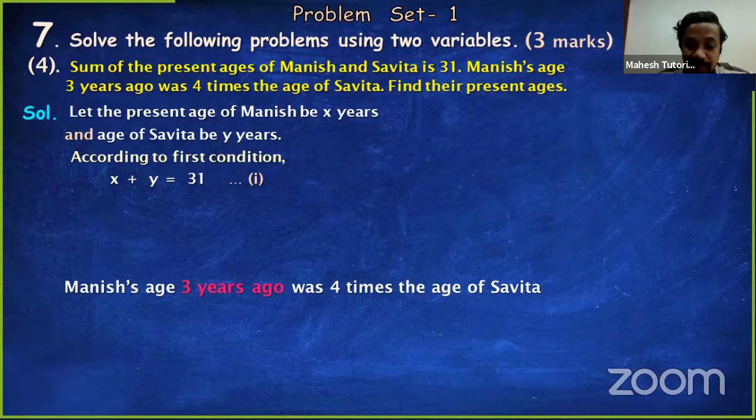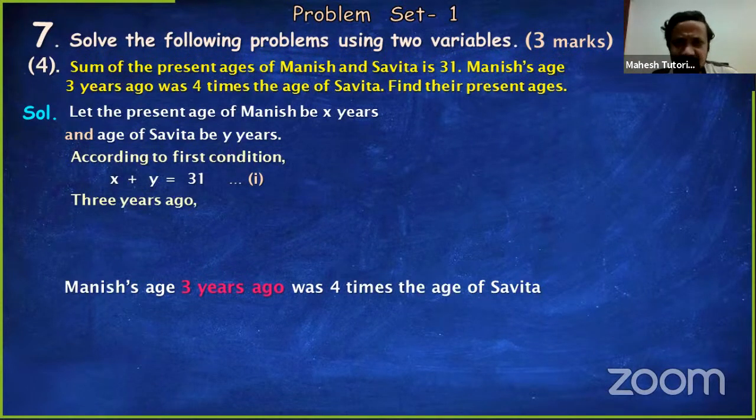Now students, 3 years ago. First of all, tell me, just as an example, if I say that I am 30 years old, presently my age is 30 years, and if I ask what was my age 3 years ago, what would be your answer, students? Very good, 27. What did we do? We subtracted 3 from 30. So that means